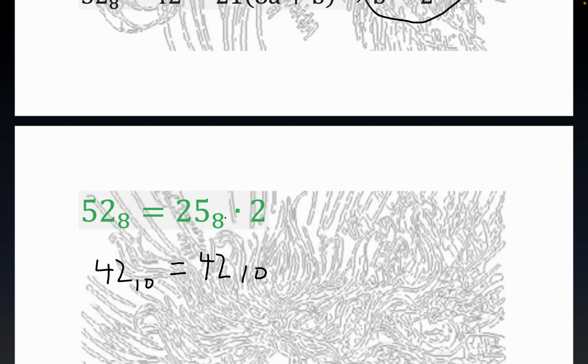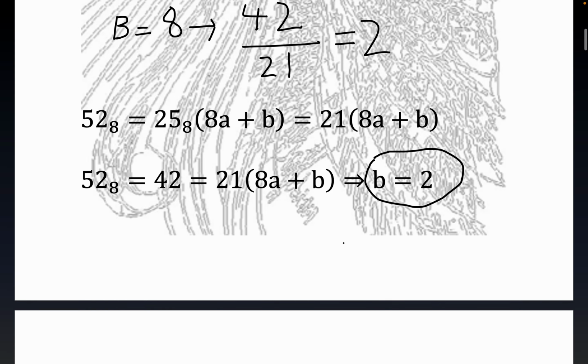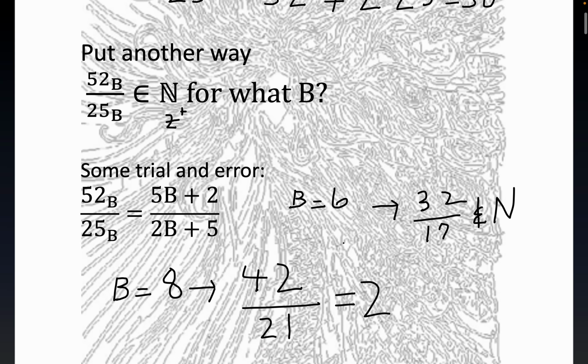Again, 2 times 8 is 16. 16 plus 5 is 21. 2 times 21 is 42. And so this confirms it. This confirms it in base 10, which a lot of people do. It's kind of hard to trust it sometimes, but it turns out the answer, of course, is